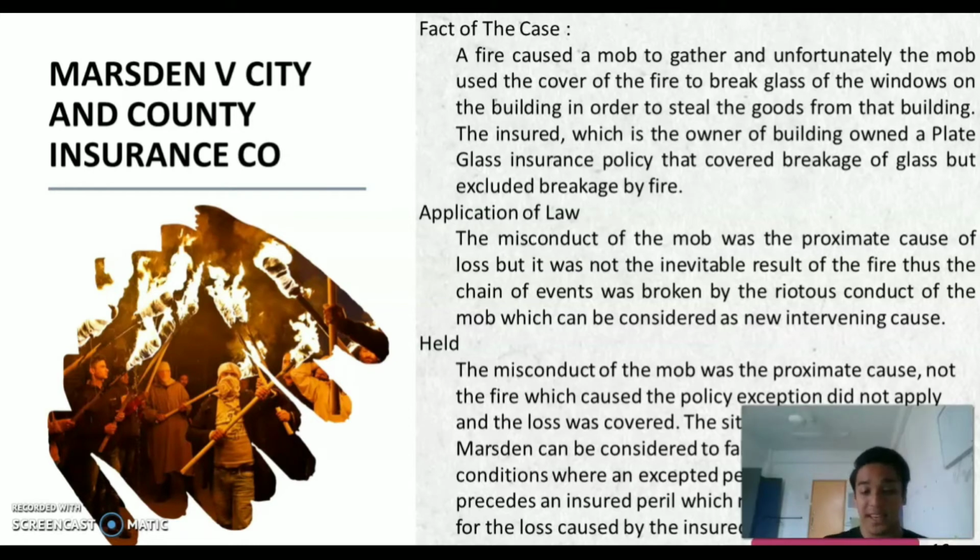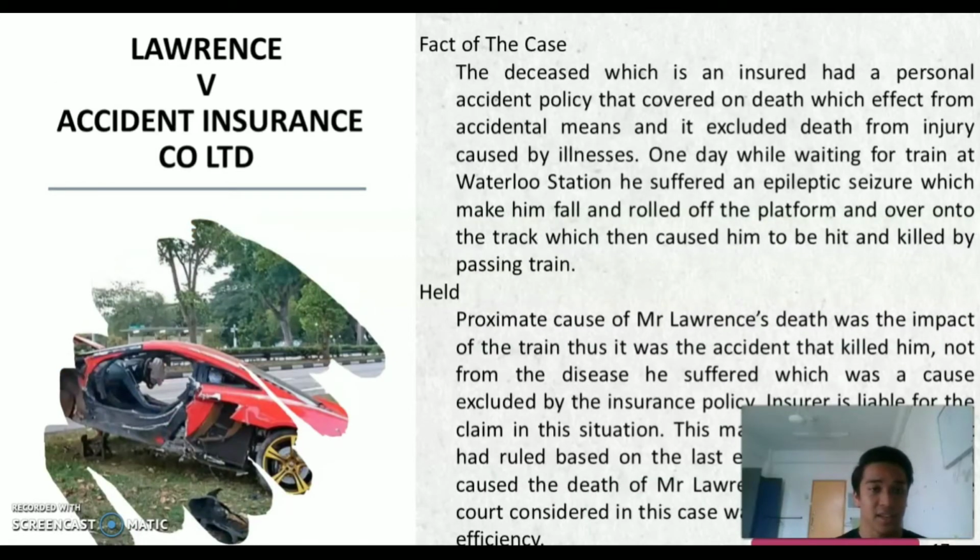So, moving on to the second case, which is the case of Lawrence against Accident Insurance Company Limited. So, in this case, the deceased, who was the insured, had a personal accident policy, and his policy covered deaths which resulted from accidental means, but not from injury caused by illness. One day, while he was waiting for a train at Waterloo Station, he suffered an epileptic seizure which made him fall and roll off the platform and over into the track, and unfortunately caused him to be hit and killed